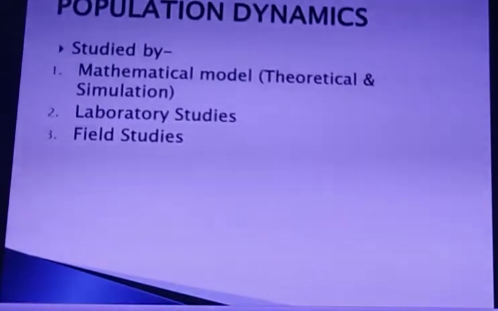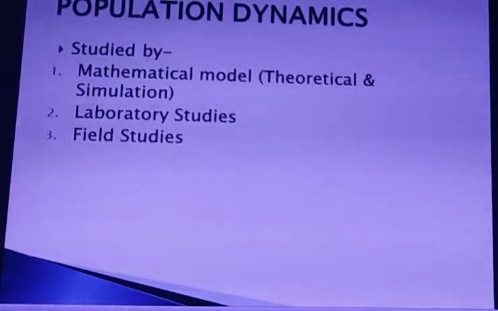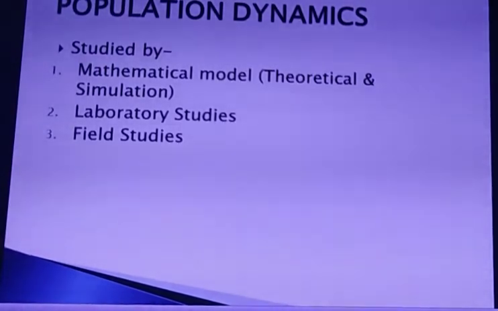Now, the second head under which we can study population ecology is population dynamics. When the term dynamics comes, then all the numerical values that we calculated under the population characteristics heads are now studied by three methods, that is the mathematical model, the laboratory studies, and the third one is the field study. Mathematical model is of two types, that is theoretical and the simulation method. The theoretical model, when applied in the lab condition, constitutes the simulation model of the mathematical model. Second one is the laboratory studies. We can study